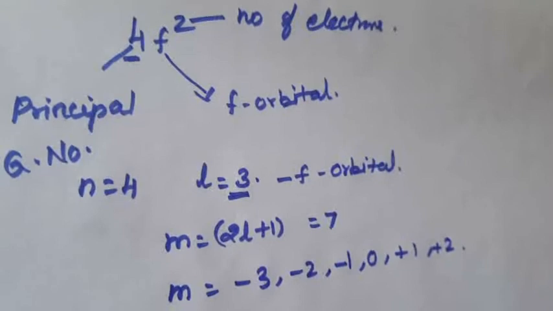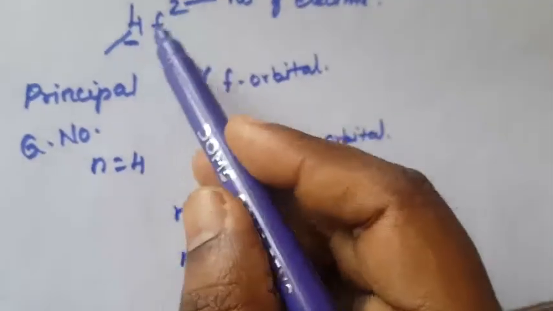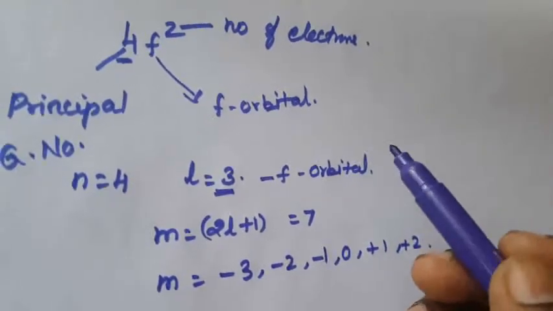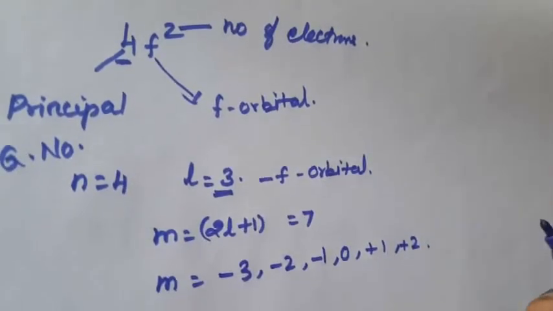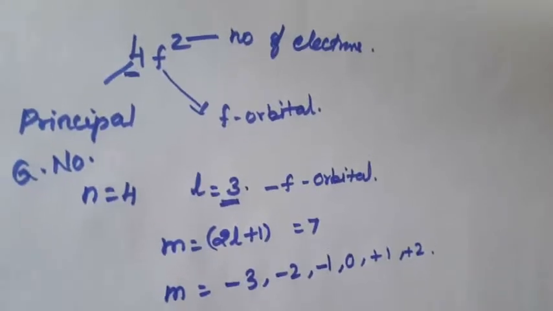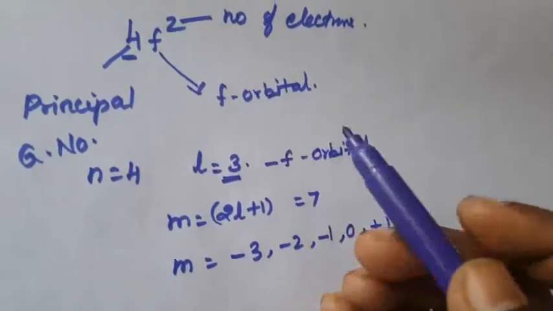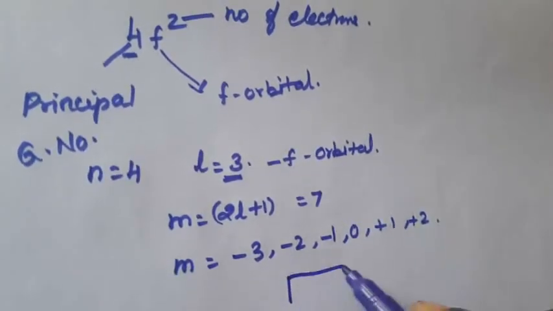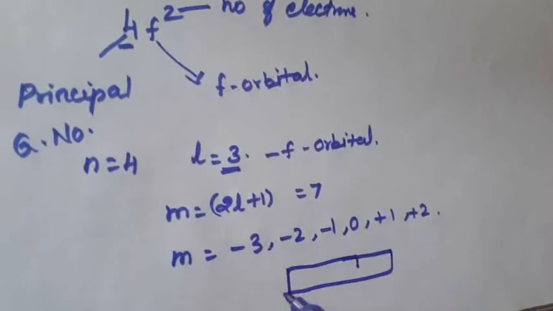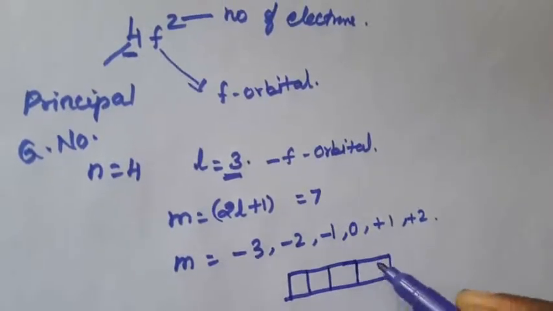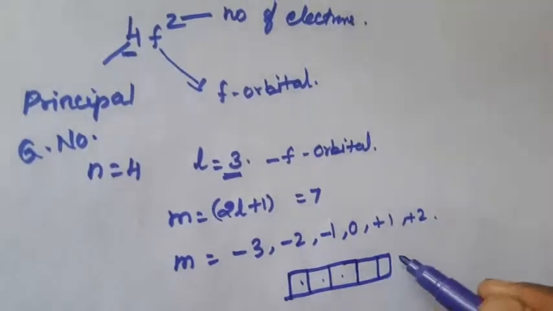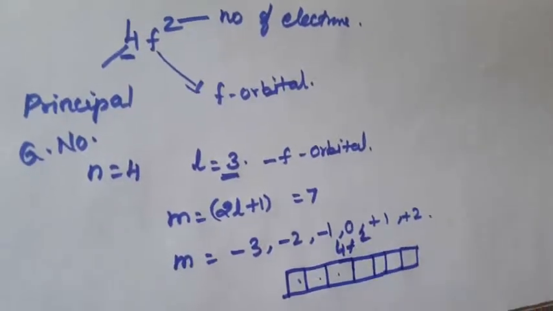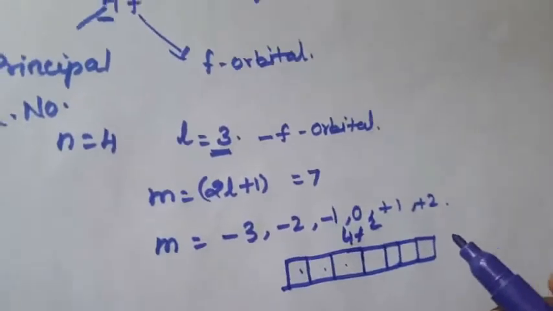So here, 1 electron. So that is the 4f2. That is 2 electrons present in the f orbital. One electron is m is equal to minus 3 and another electron occupies the next orbital. So here, the last is the 4f orbital. How many electrons occupy the 4f orbital? 2 electrons, right? 1, 2, 3, 4, 5, 6, 7, right? 4f2, so only 2 electrons are present in that orbital.